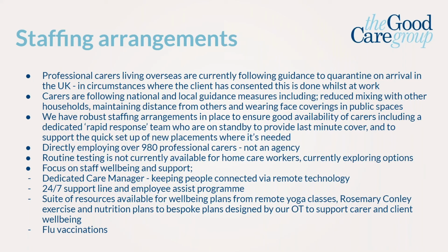Our carers can also reach us at the Good Care Group 24/7, 365 days a year. I nearly said a week, that would be a very long week. And they have access to an employee assist line, which offers support on a range of issues, both professional and personal. Hannah also touched on the technology that we have, but we have online forums, which enable carers to